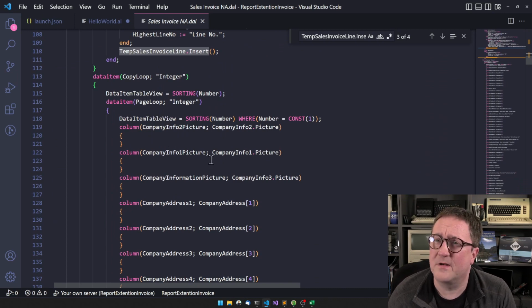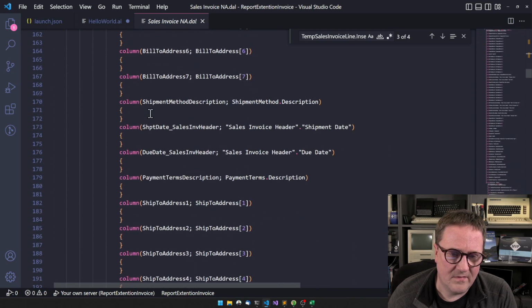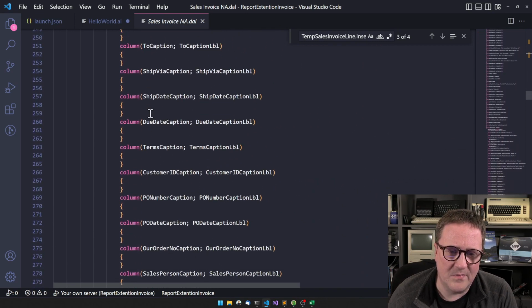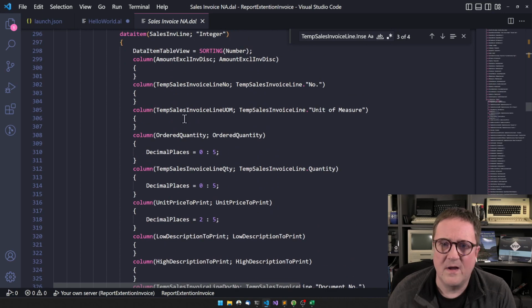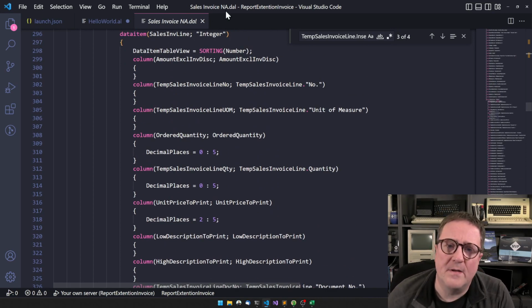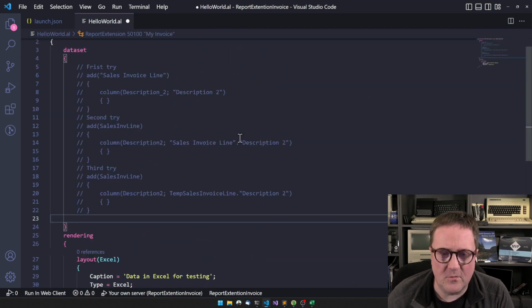Copy loop, that was something in the old days when you printed your invoices, and then you printed one to put in an email and you printed another one to put in a binder. I don't know any customers today who actually use the whole thing with copy loops in invoices and page loops and all that. So I think we might just, is all this a complication due to stuff like that? Anyway, okay, so I guess what we can do,